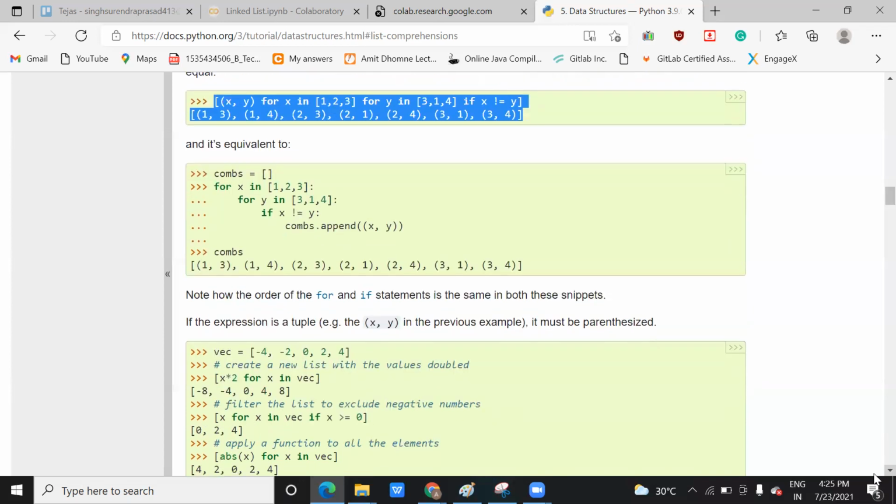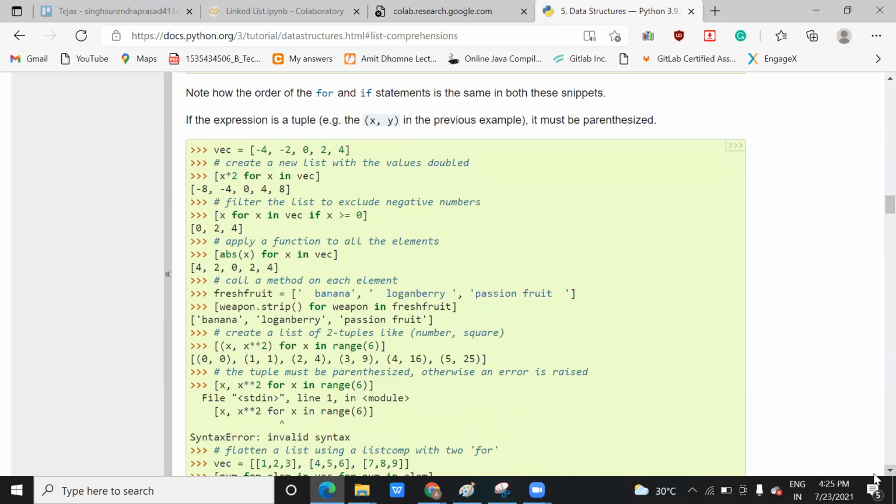Similarly, there are a few more examples. This is a vector kind of list that you have declared, and you are going to perform an operation on another list, x*2 for x in vec. What does it mean? x is your temporary variable, you are multiplying by 2 for x in vec. Here x is all the elements of this, like -4 into 2 for x in vec.